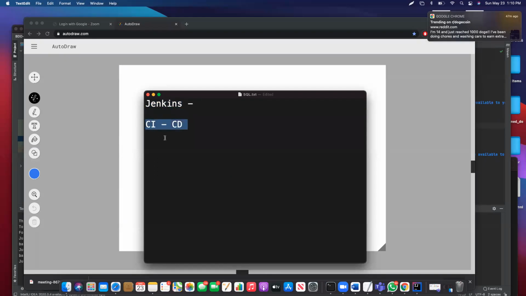Because continuous integration means you're continuously pushing code, right? You're pushing code so often. And continuous development means you're developing continuously, you're developing and pushing code, and it's happening very often. So what does that mean? That means there is a lot of repeated task,